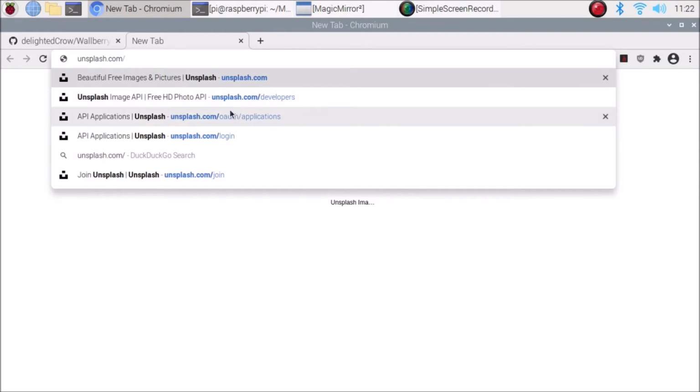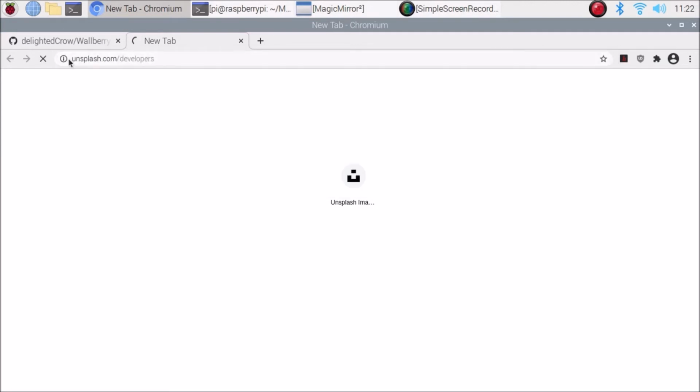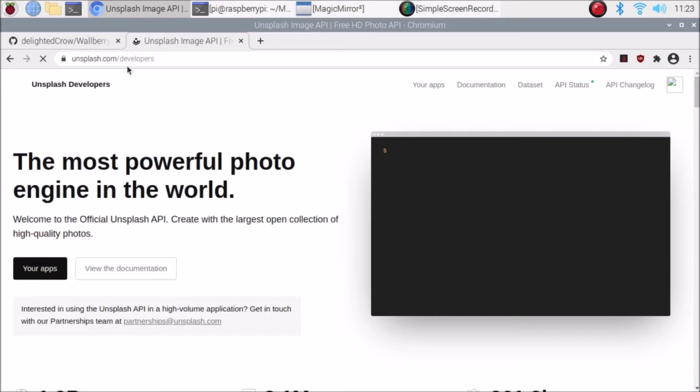As you can see, this is the link, unsplash.com slash developers. You need to visit unsplash.com as a developer. I will mention the link, no worry about the link.